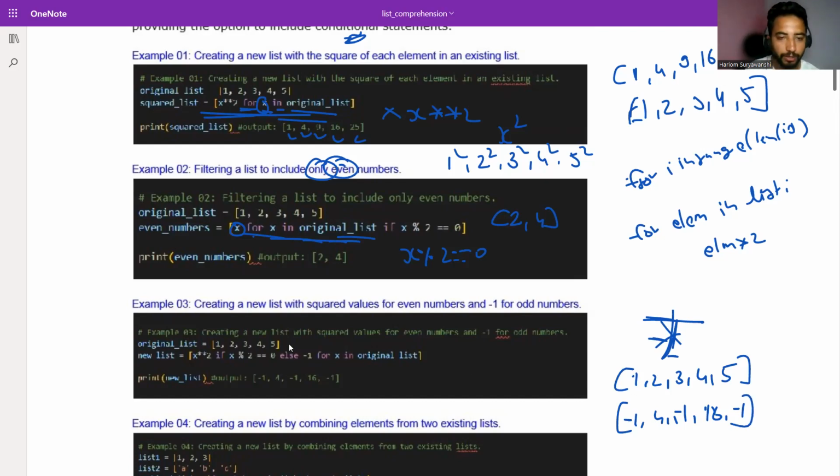What we are doing here is checking: for x in original list, this is the loop we are running. Keep this in mind. We are checking if x modulus 2 is equal to 0, then put x to the power 2, else put -1. So understand this thing. The whole code says that,